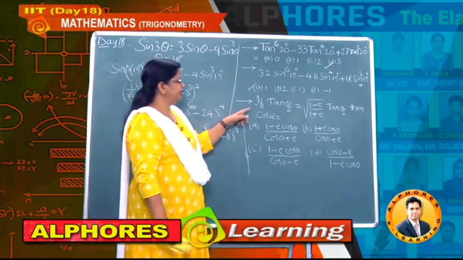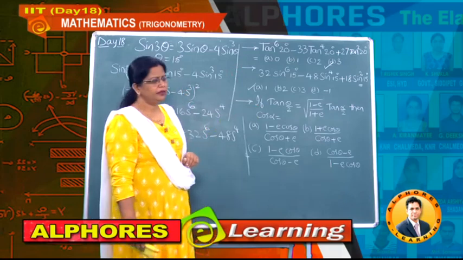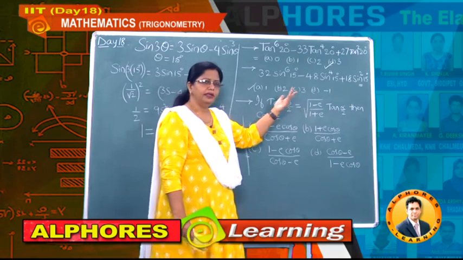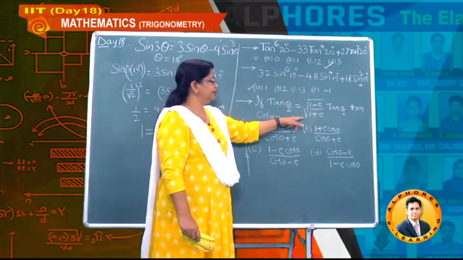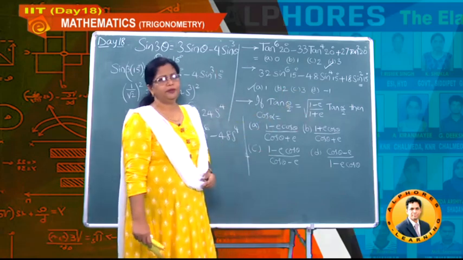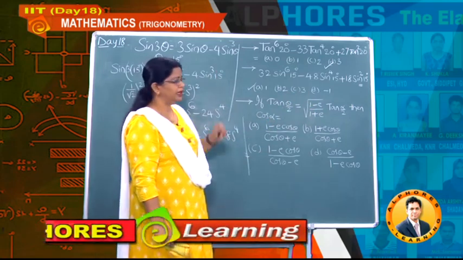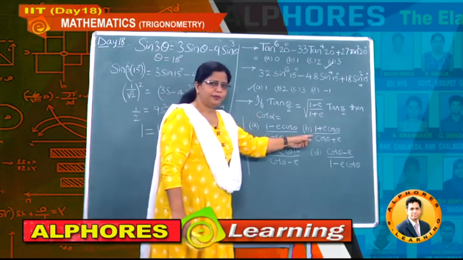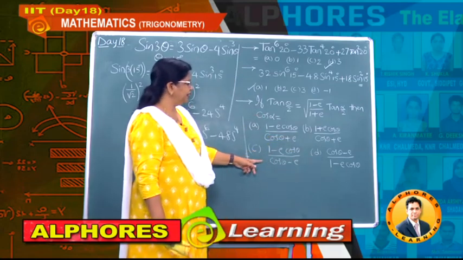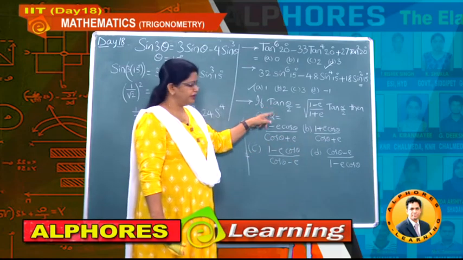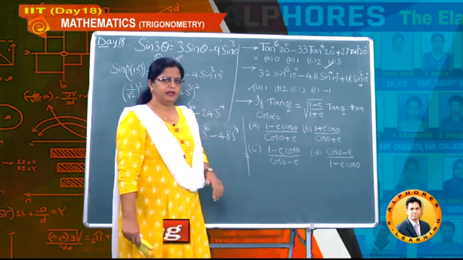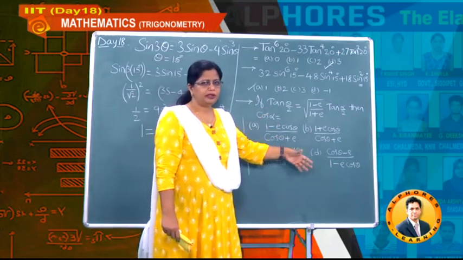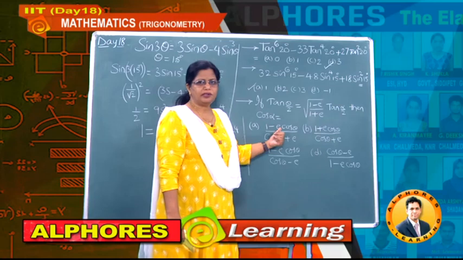Next one, let us observe this problem. Tan theta by 2 is given as under root of (1 minus e) by (1 plus e) times tan alpha by 2, where e is some constant. Then the question is cos alpha. How have they asked cos alpha here? In all 4 options, students observe they did not give any values of tan, but they used cos theta values. That means cos alpha you have to convert completely in terms of cos theta and the other constant e.